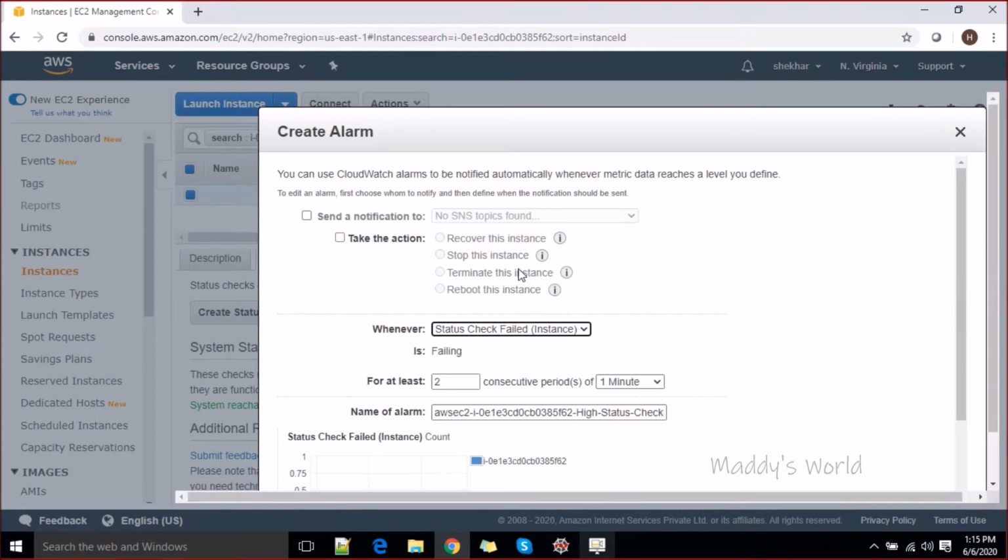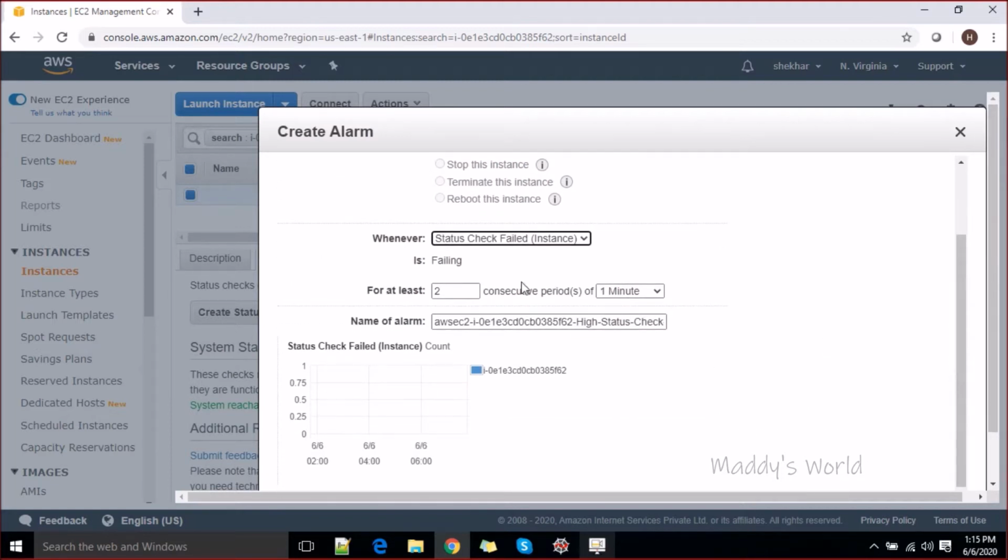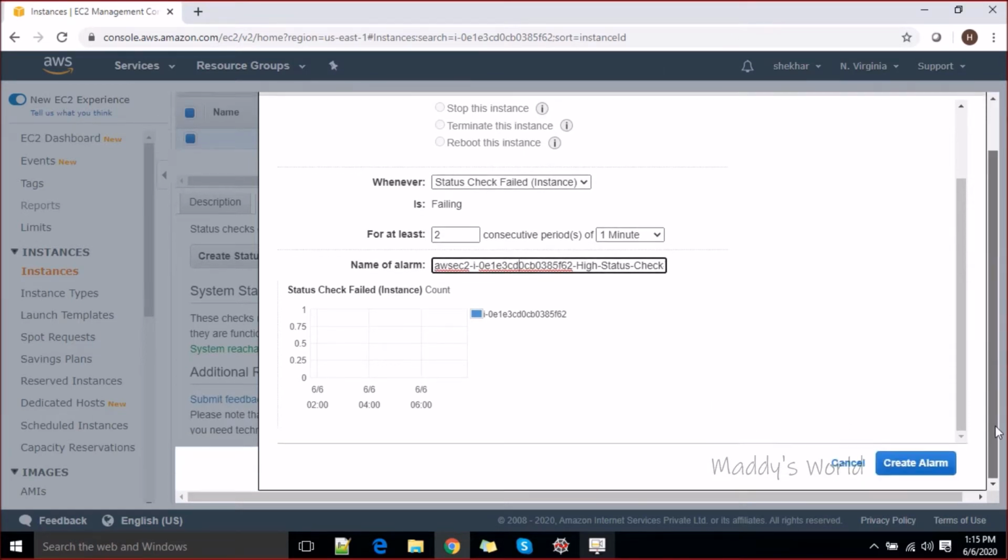Let's say you choose instance. If the check is failing for at least 2 consecutive periods of 1 minute, or you can update the time here, you can specify when the alarm should be triggered. What alarm should be triggered, you can see here: the status check failed instance count will show here, right?